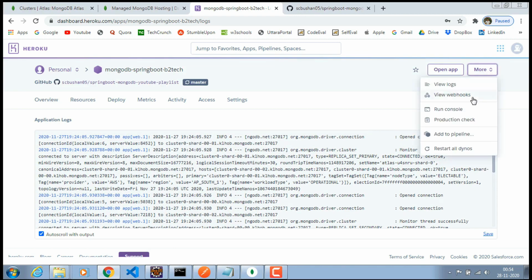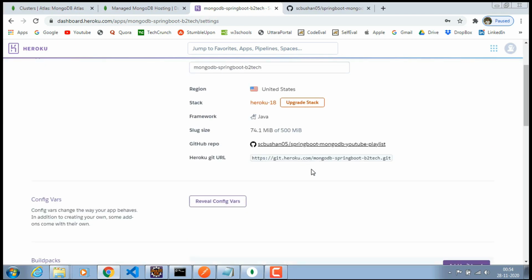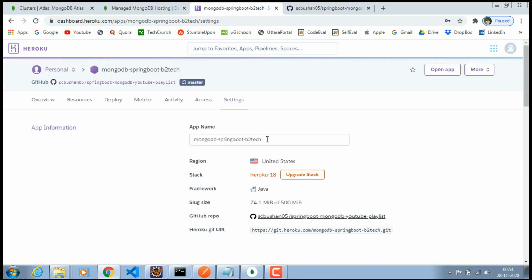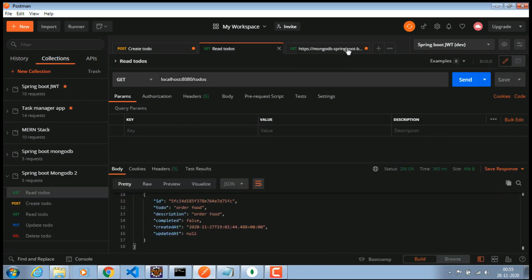Okay, what we can do is let's go to this settings, and if you scroll down, okay, here it is. So app name, let's copy this app name and go to this https:// and the URL slash, what is the URL for to-dos, /to-dos.